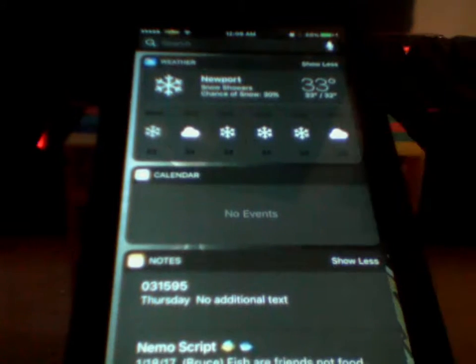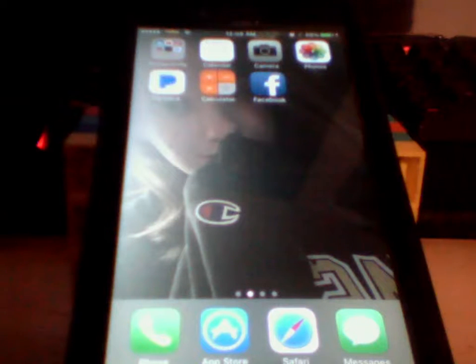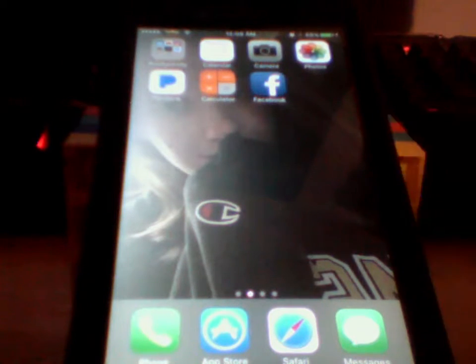I'll just cover that up. There, just my contacts. But this is called Noctis. It's actually a paid app, but I will also tell you how to get that for free. So, starting off,